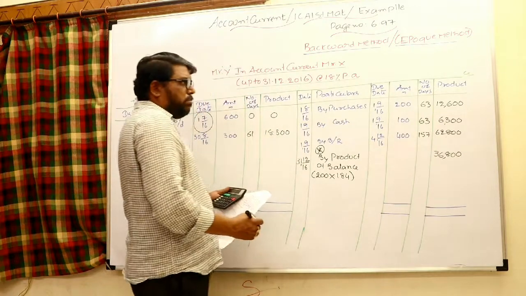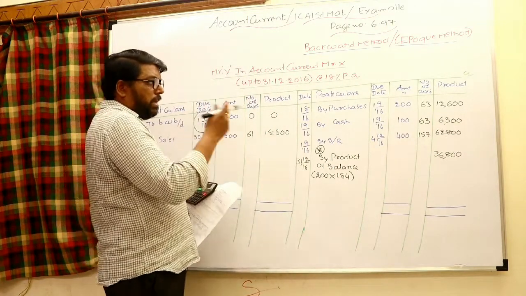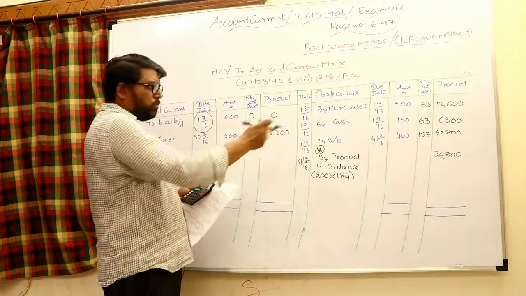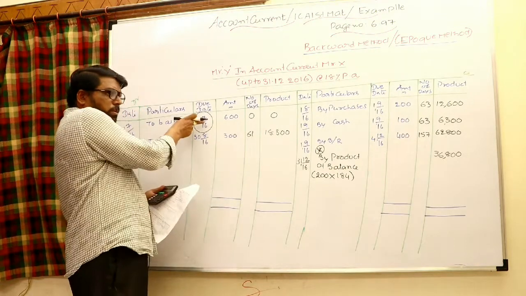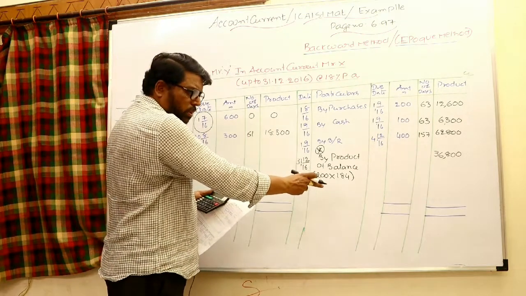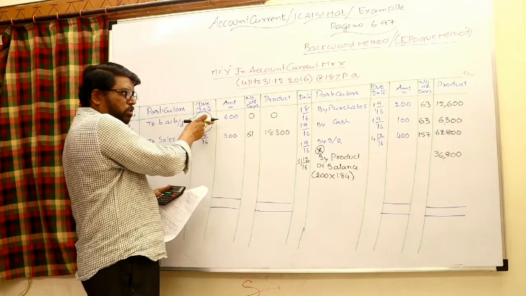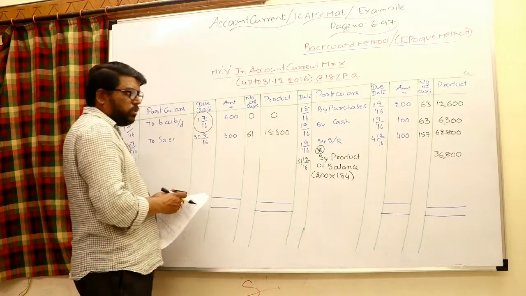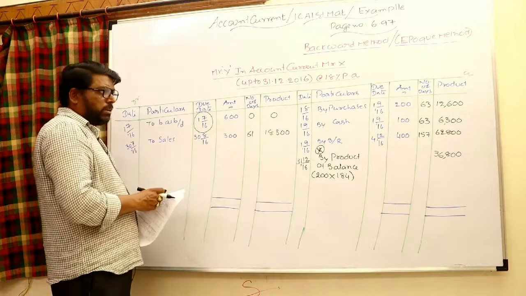So this is a very important point, which is what we call the product of balance. For the total number of days you have to work this out. In the forward method, for the opening balance, complete number of days product, closing balance 0 product. But here it is opening balance 0 product, and for the closing balance the complete number of days is to be considered. Okay, 36,800. Right. So now let us go to the balance of product as usual.